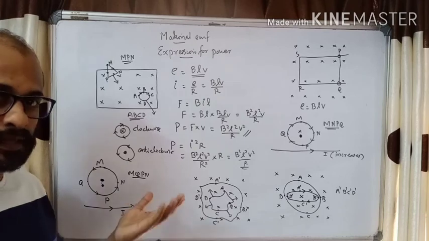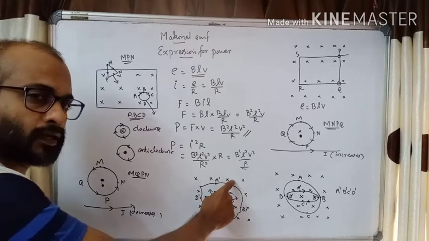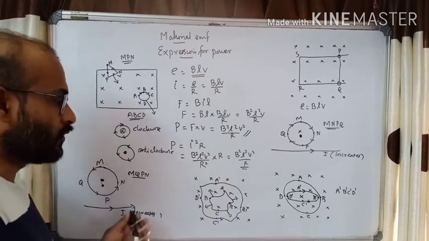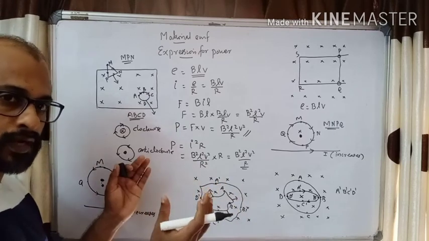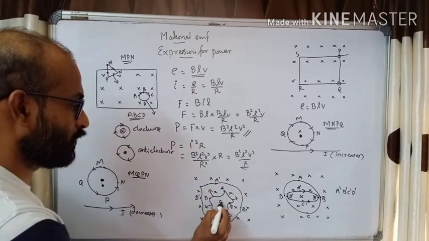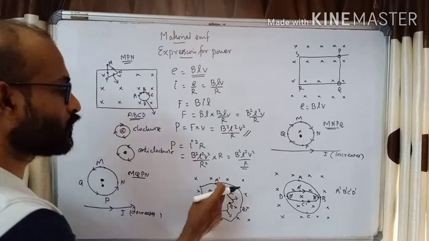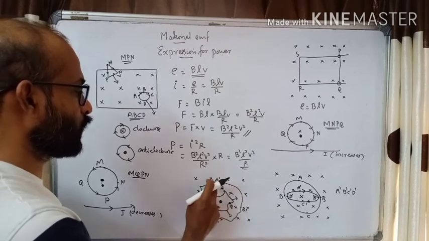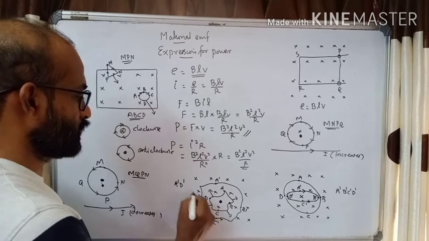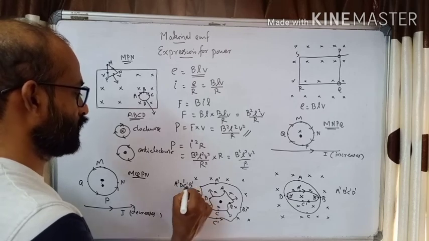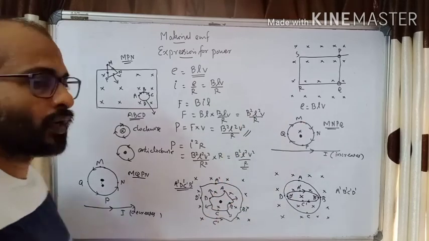What happens? The flux is increasing. By Lenz's law, the flux should decrease. So this is an into magnetic field, directed inward. It needs to produce a magnetic field to oppose it, because the flux is increasing. So it will try to decrease the flux. To oppose, we need a flux in the dot direction. Dot means anti-clockwise. See, current should flow in anti-clockwise direction. Which direction anti-clockwise? I can say A dash, D dash, then C dash and B dash. This is the anti-clockwise direction. See, all these problems are related to Lenz's law.